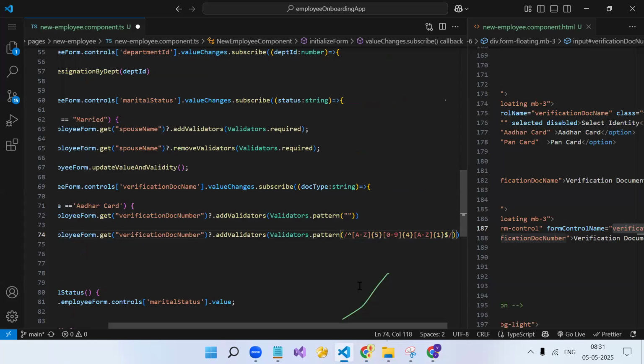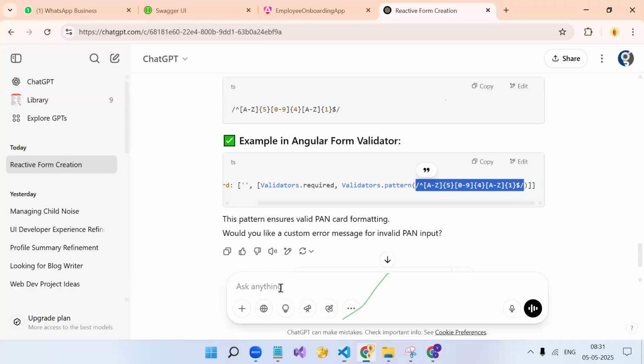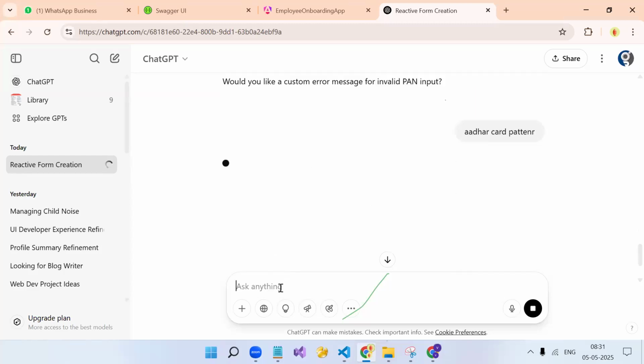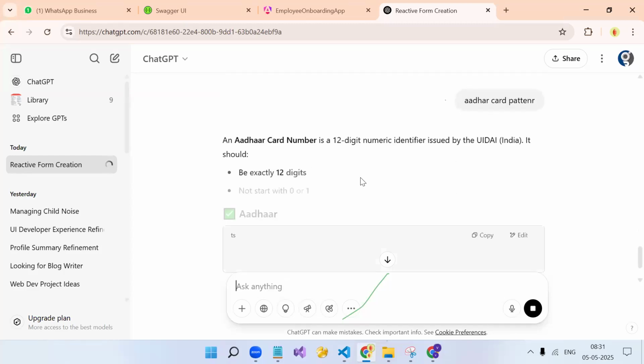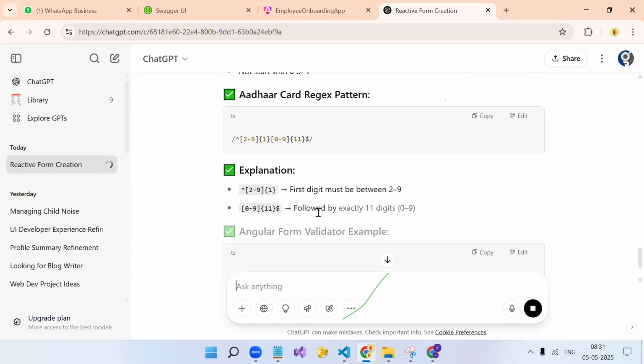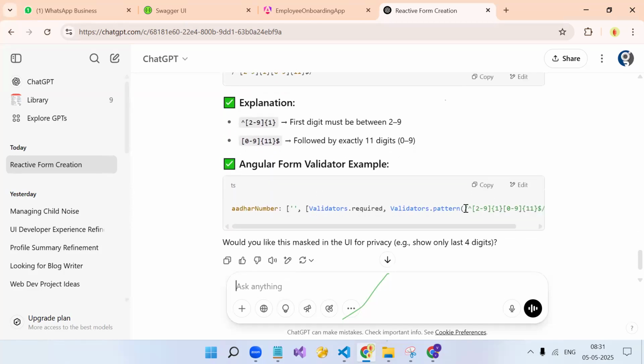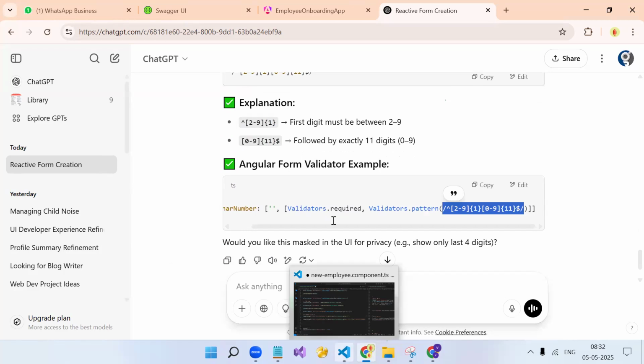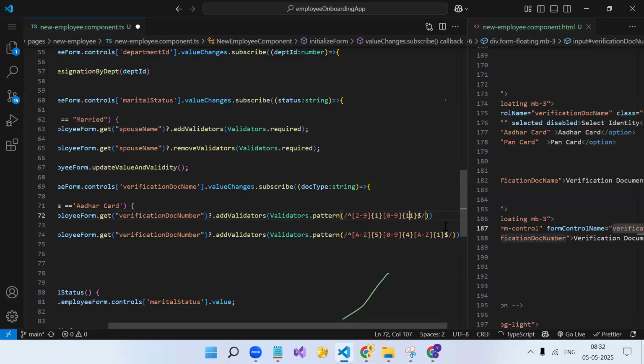Okay, and I need Aadhaar card. This is for my Aadhaar card. Okay,